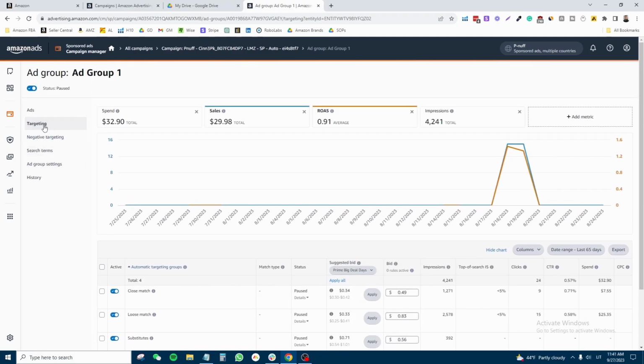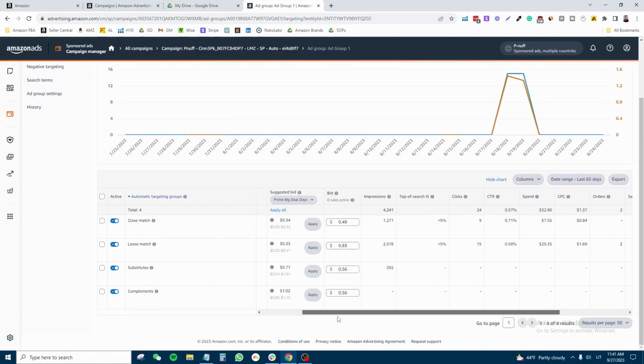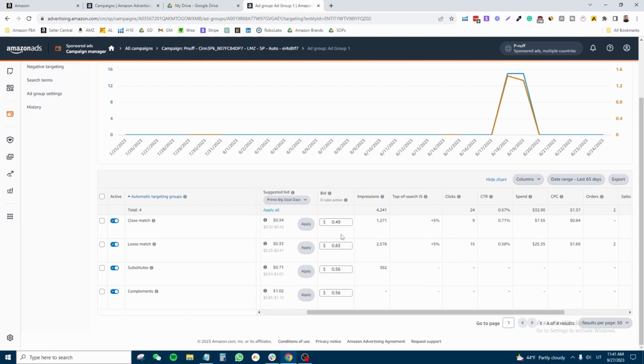So what you want to do is come to the targeting tab, and this operation should be implemented in your regular PPC optimization routine every 30 days. Okay, so every month you'll go to this tab and make adjustments. So what we're gonna do is adjust bids, right? So you will either raise bids or decrease bids based on